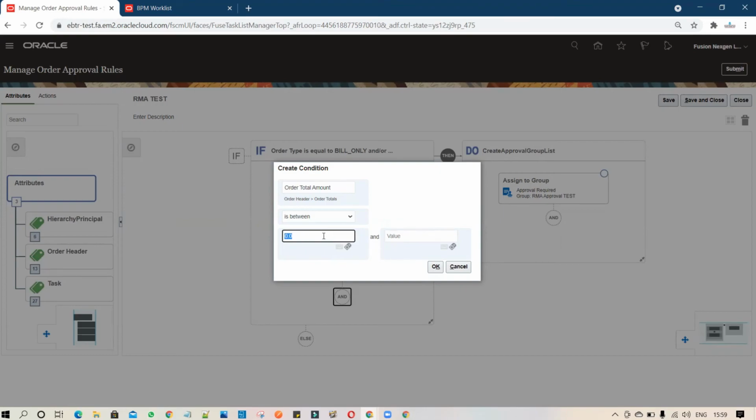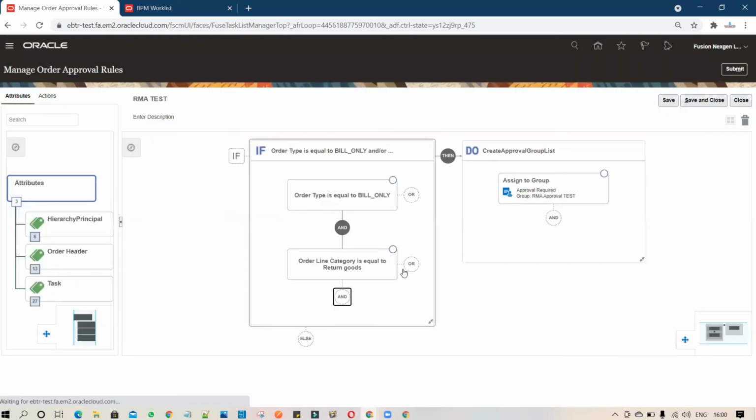So let's assume I set it up that if my amount is between minus 100 and minus 1000, if my order total goes between minus 100 as well as minus 1000, it will go to the group.